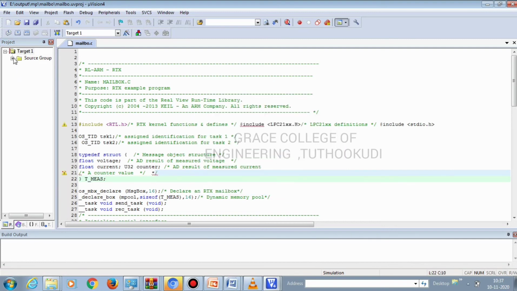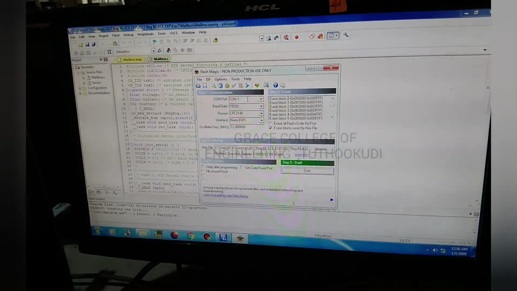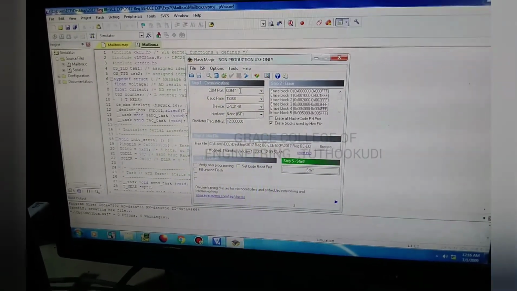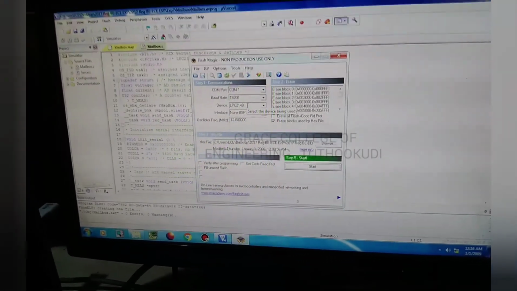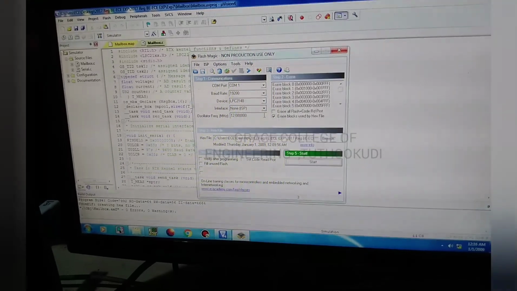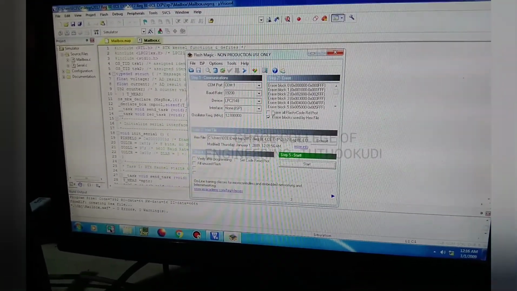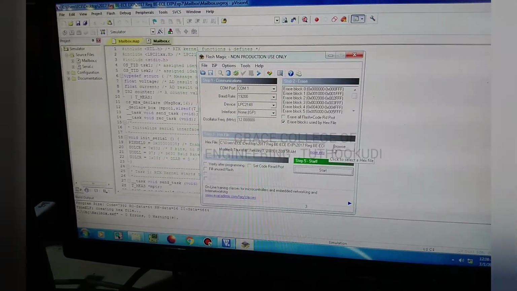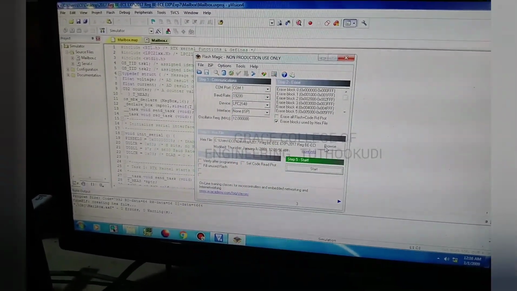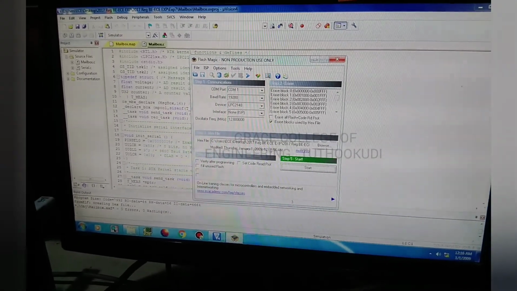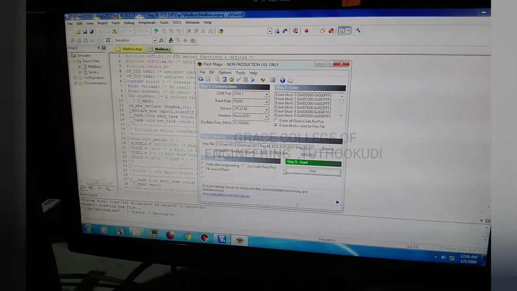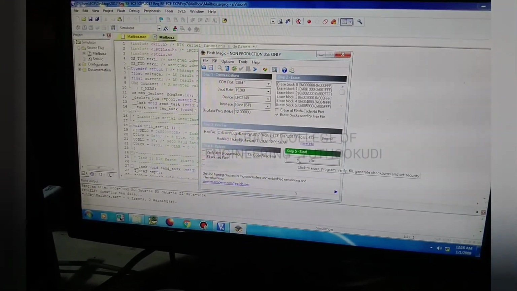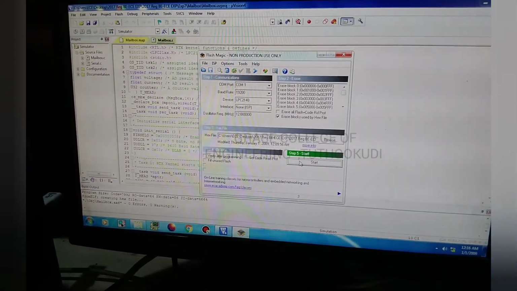Now you expand the source group, and you can see the file. Now we have to open the FlashMagic software. In that, in step 1, we have to choose the baud rate, COM port 1, LPC2148, and interface as none with the clock frequency of 12 megahertz. In the second step, click erase blocks used by the hex file, and next, browse and choose that particular .hex file available in the folder. In the fourth step you should not tick anything. In the fifth step you should give the start button so that the program will be downloaded into the kit.